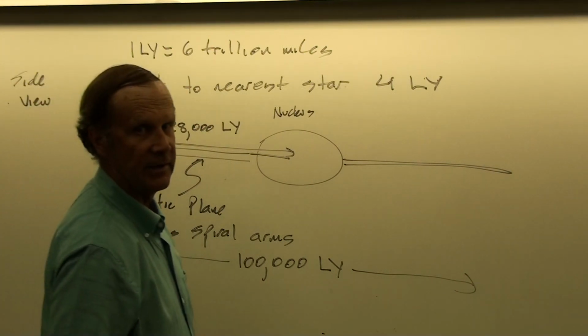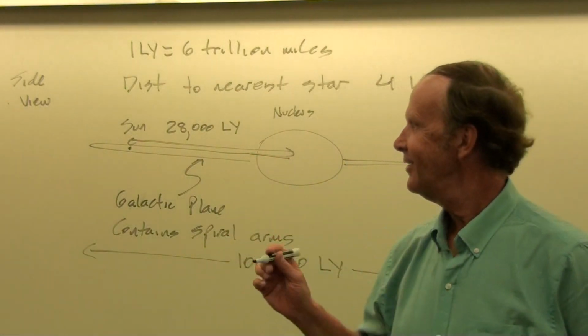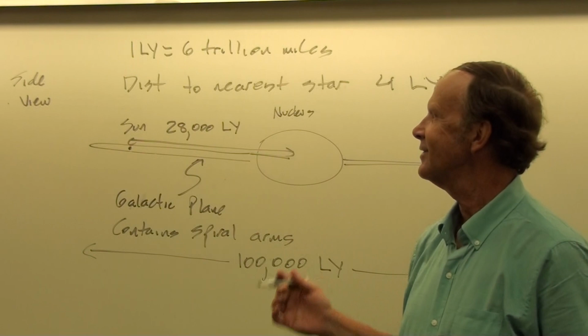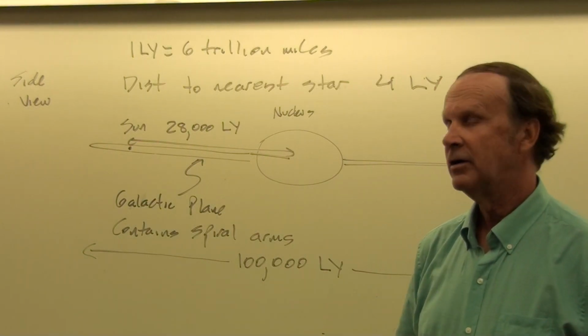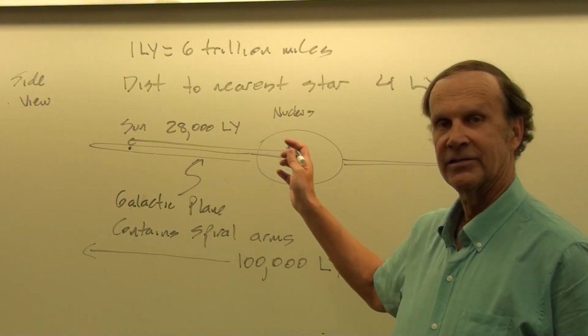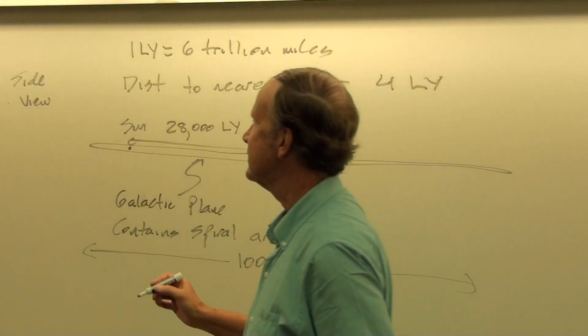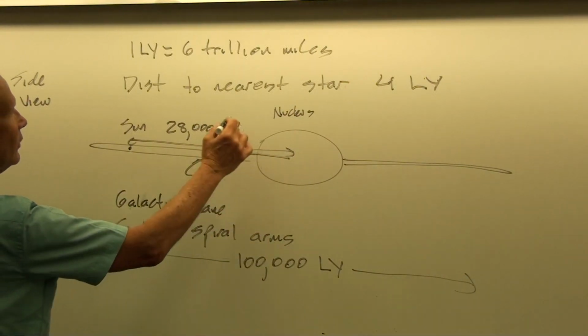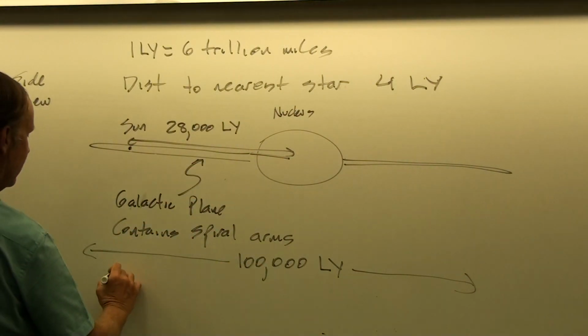But how big is it? Is it this big? If I put a dot like that, does that represent how big the sun is with respect to the rest of the galaxy? No. You would need a microscope to see the sun on this scale. As a matter of fact, just to give you an idea of how big the galaxy is, with 100,000 light years across,